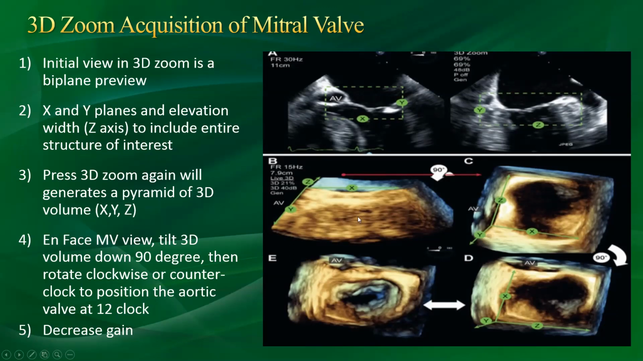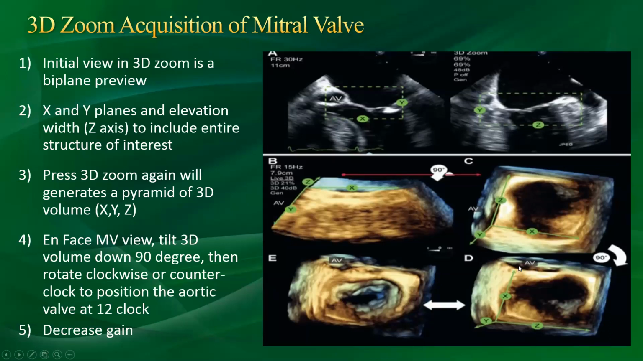Okay, you can see the one here. So what would you do on that? This is from the left atrium. What you need to do is tilt this whole data set downward. If we go to 6 o'clock, you tilt it down to 6 o'clock. And then you need to move your aortic valve 90 degrees clockwise or